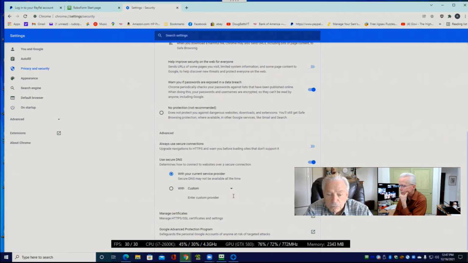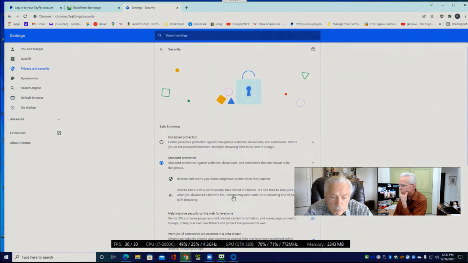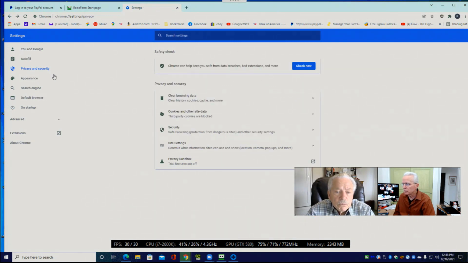did I miss the place for passwords? I think I did. Let's go back a level. Safety check, clear browsing data, cookies, security, site settings, privacy sandbox. So the next place that it may be is in advanced.